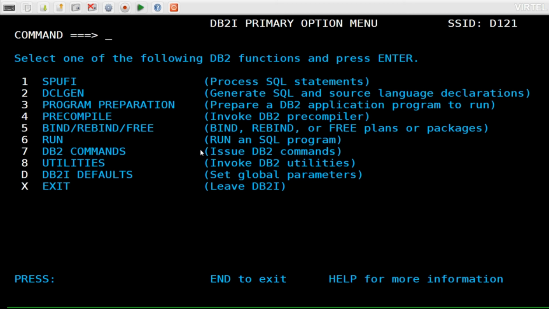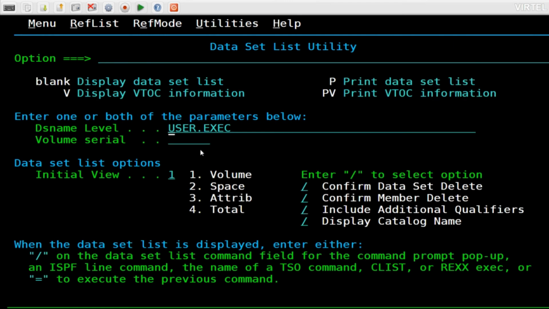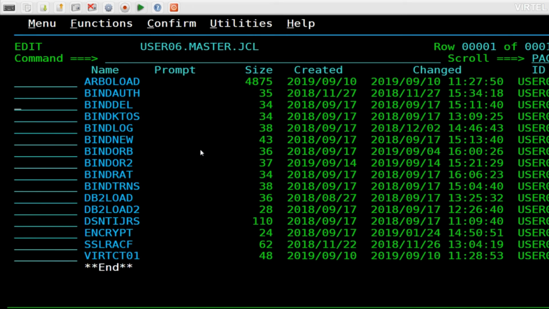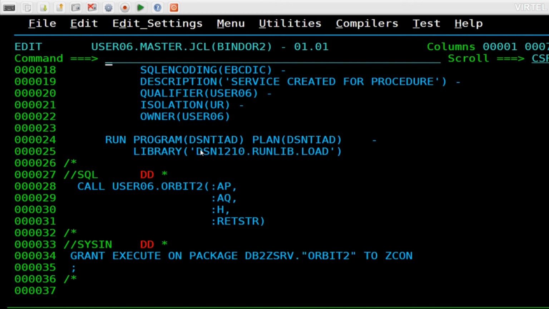So I just go back, and the next step was to do a REST service out of that. So we have to bind a REST service on that stored procedure, and in order to do that I use the bind job, which is also a SAMP job that you can find if you want to use the DB2 native REST service. And let's go inside. That's the one. So this job basically binds the package, and